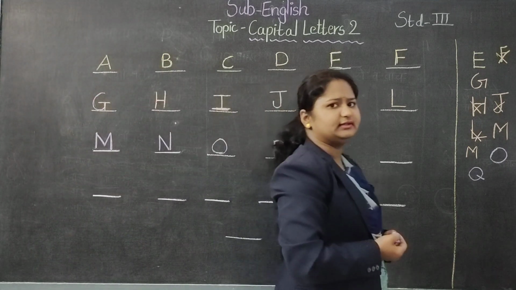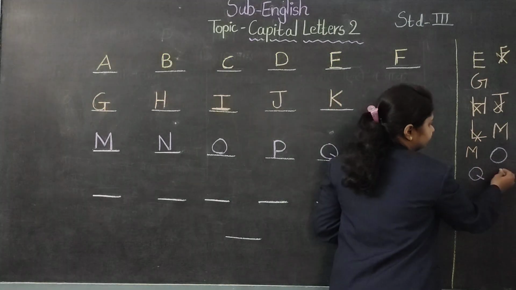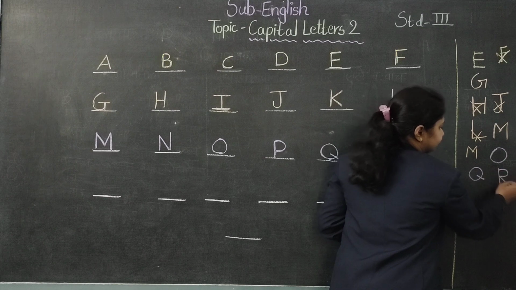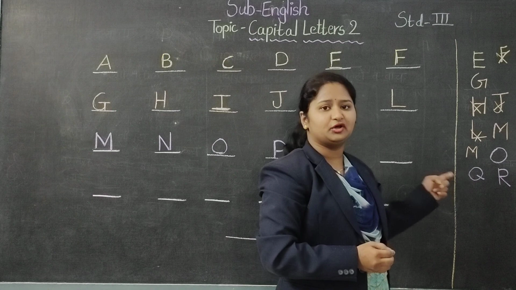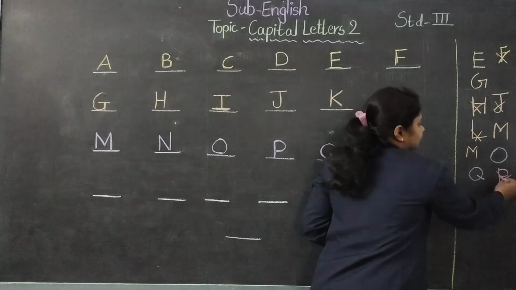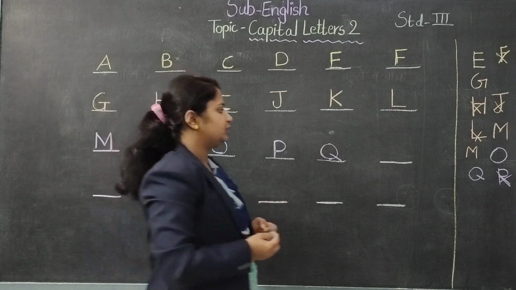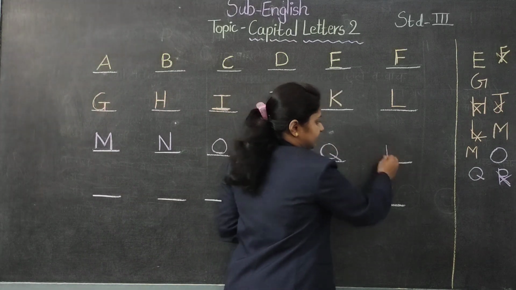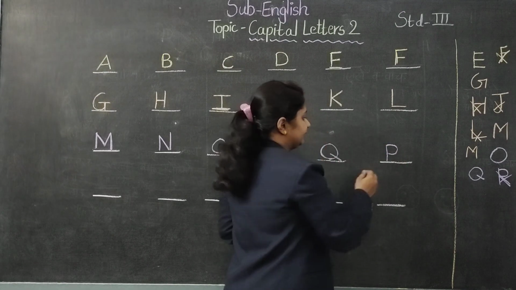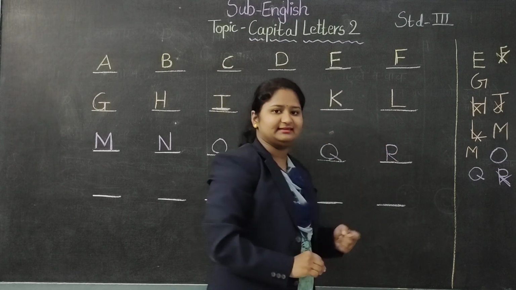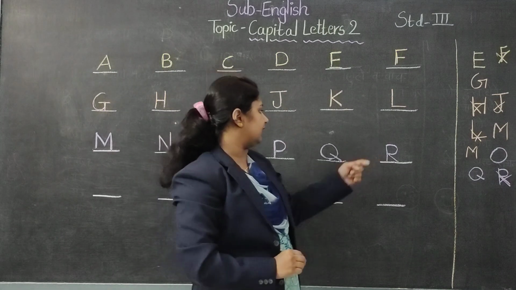What some of the students do, how they write R, we will see that. They do first like this, then like this, then in this way. Is this the right way? No, it is the wrong way. These steps are totally wrong. We'll see the correct sequence of letter R. First the standing line, 1, then again 2, and then the last 3. This is the letter R in correct format.